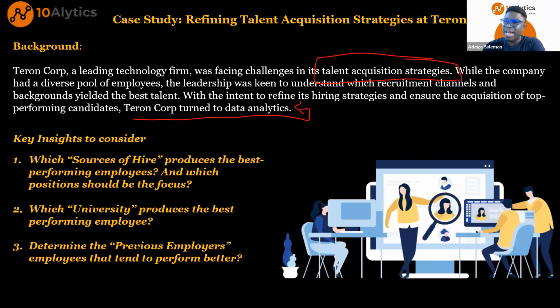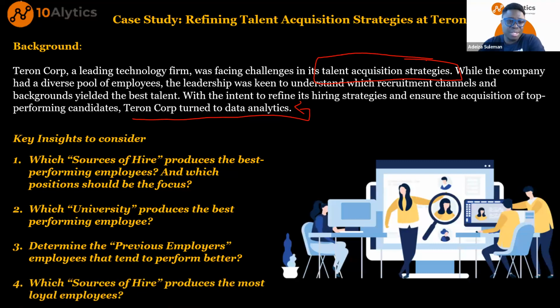Let's assume if you hire employees that have worked with Google, they tend to perform very well. Okay, so if that's a trend, then you want to poach people from that organization. You want to target people that have worked there, because looking at your historical data and the performance of those employees, that particular category of employees will tend to do a lot better than others.